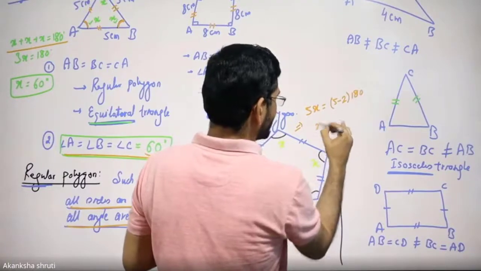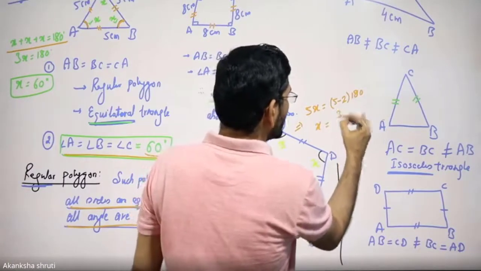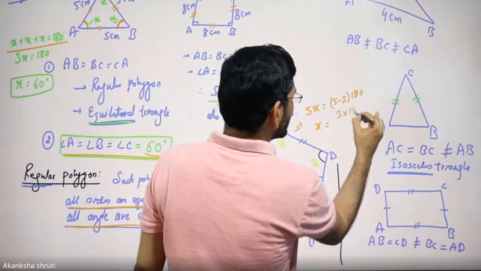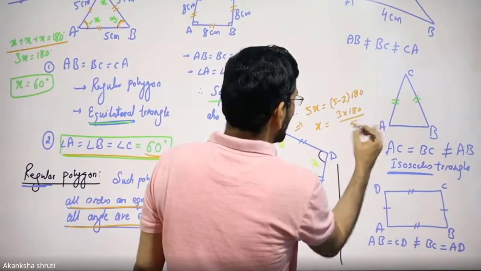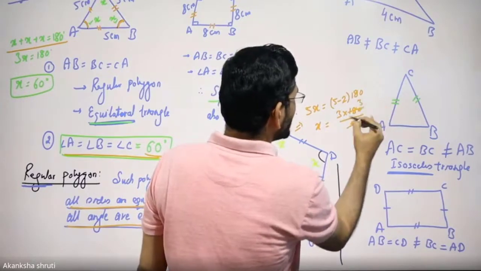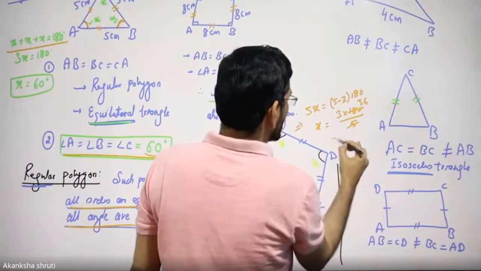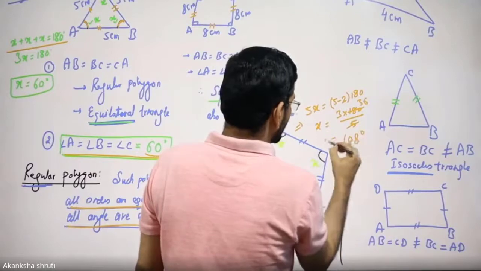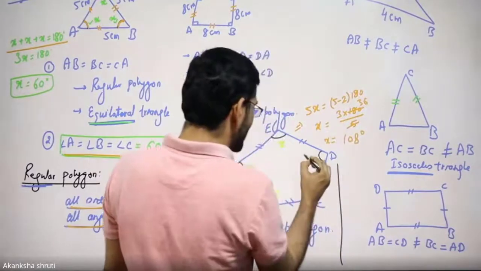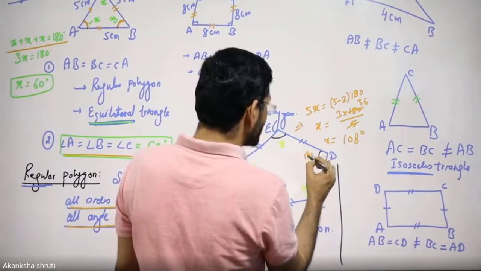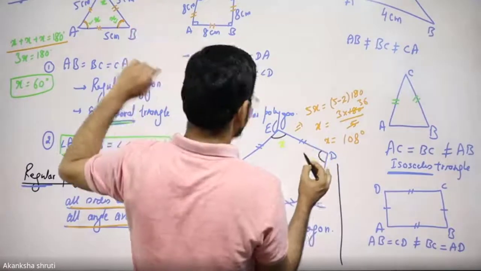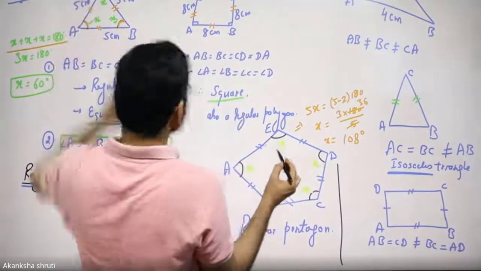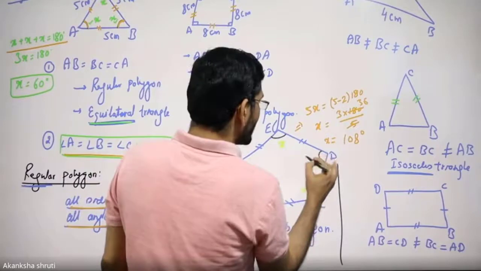This X we had calculated last day also. It is 3 into 180 by 5. So 5 3s are 15 and 5 36s are 180. So it is our 108 degrees. So each of these angles is 108 degrees. That we have to keep in mind. So this way we are observing for any